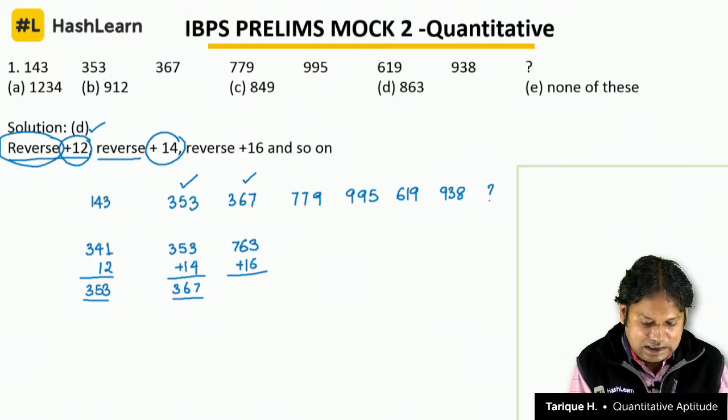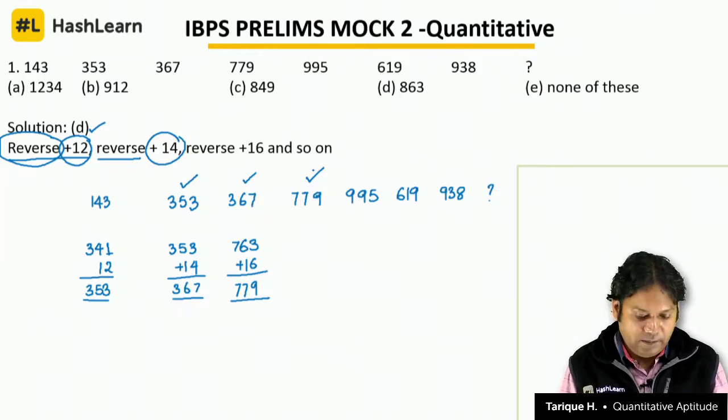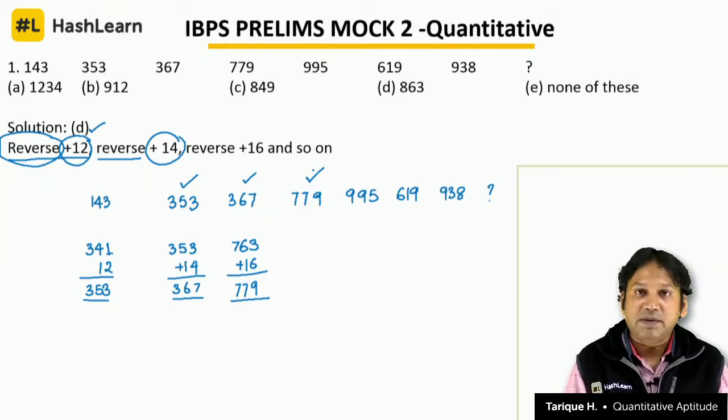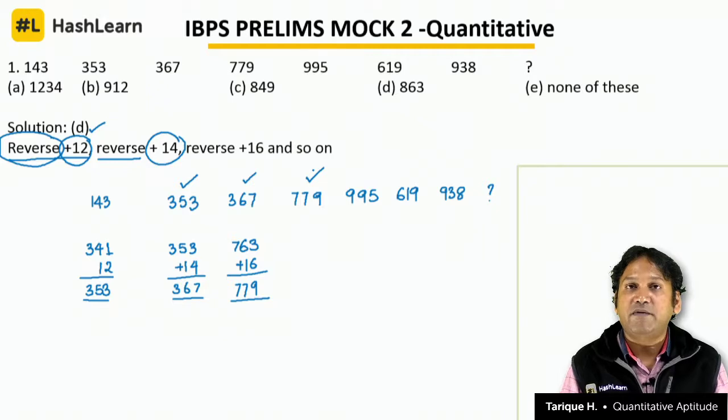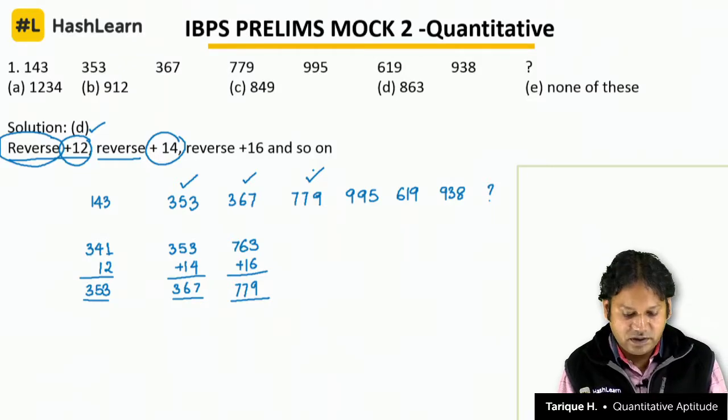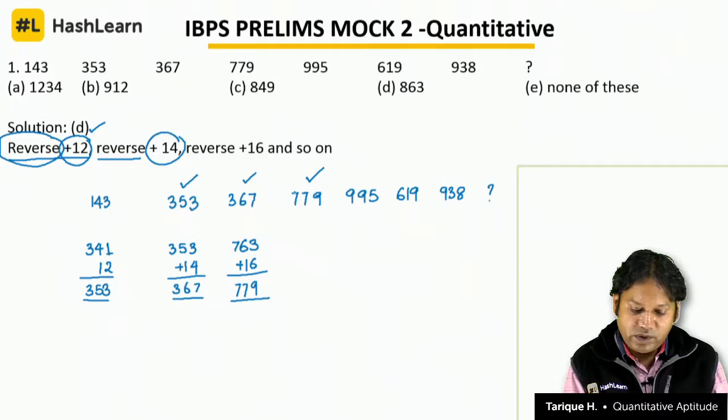When you add 16, 3 plus 6 is 9 and 6 plus 1 is 7, and we get 779. That is how we get the number 779. So if the first number to second number we do reverse plus 12, from second to third we do reverse plus 14, from third to fourth we do reverse plus 16. So then if we continue further, इसके बाद का जो नंबर है वो क्या करेंगे आप, उसमें आप